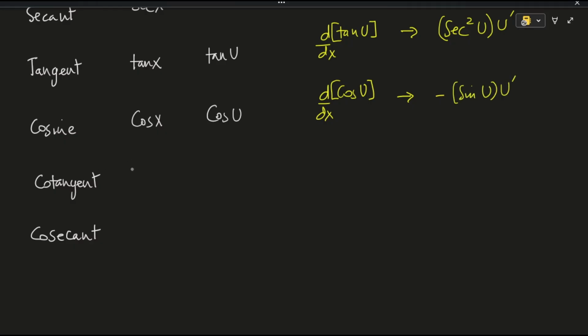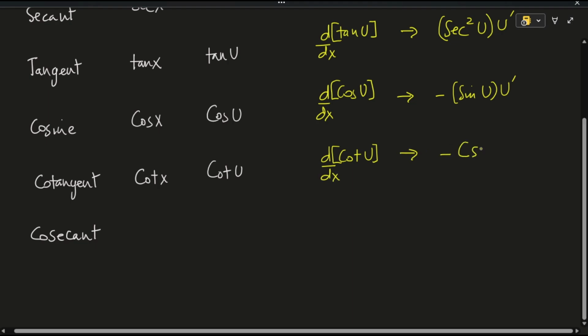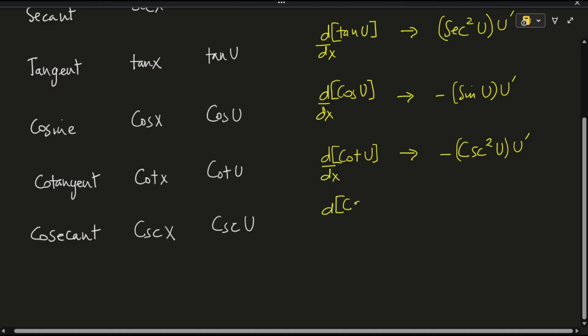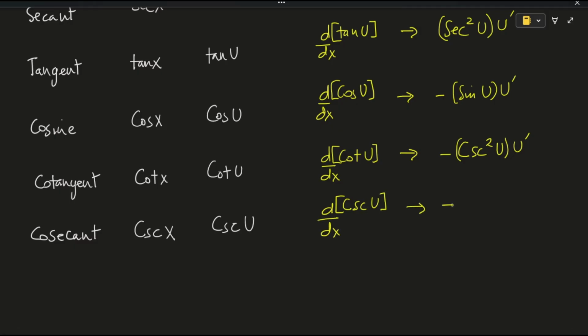for the trig function cotangent, where u is a function of x, the derivative of cot u is given as, for the trig function cosecant, the derivative of cosecant u is given as